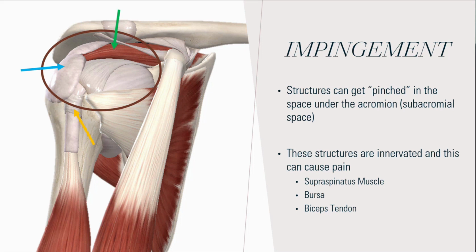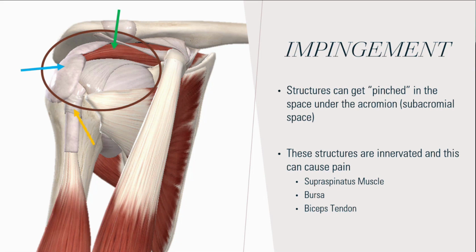Within this area, there are a lot of structures that are innervated. So when they get pinched, they can cause a lot of pain in the shoulder. Sometimes the impingement can be caused by structural changes to the joint, so things like arthritis or bony spurs. Sometimes, though, it can be a result of other issues, just like poor posture. So the way we sit, if we're really rounded, it can narrow that space and cause things to be pinched